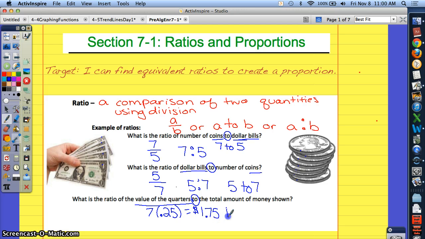Then I hit that word "to," and I'm talking about the total amount of money shown. Well, how am I going to find the total amount of money shown? You're going to have to add the dollars and the quarters together. So we have 5 $1 bills, plus we have 7 quarters. 5 plus $1.75 is going to be $6.75. So your ratio would be 1.75 to 6.75. Typically in a ratio, we don't really need to show the units. It would just be the numbers, okay? So $1.75 to